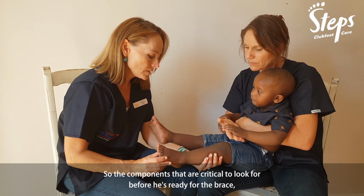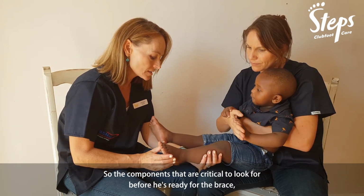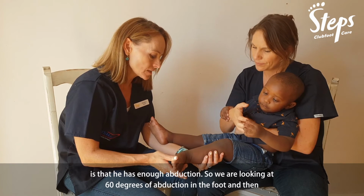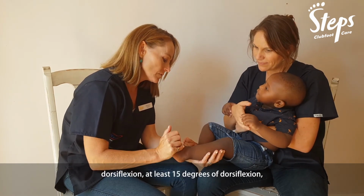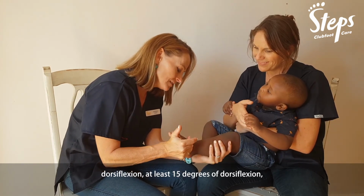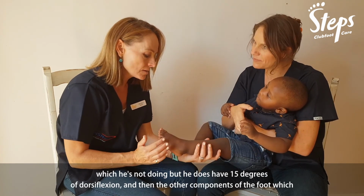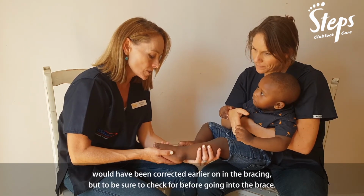So the components that are critical to look for before he's ready for the brace is that he has enough abduction. So we're looking at 60 degrees of abduction in the foot, and then dorsiflexion of at least 15 degrees, which he's not doing, but he does have 15 degrees of dorsiflexion. And then the other components of the foot, which would have been corrected earlier on, be sure to check for before